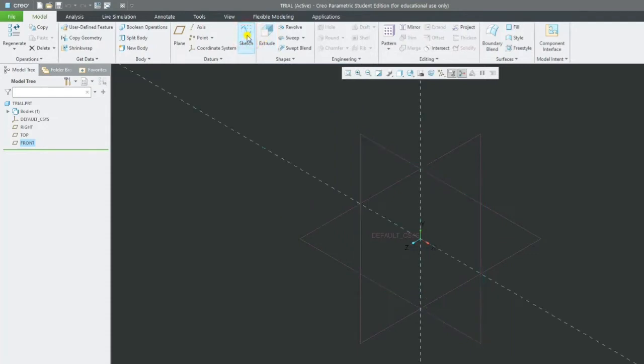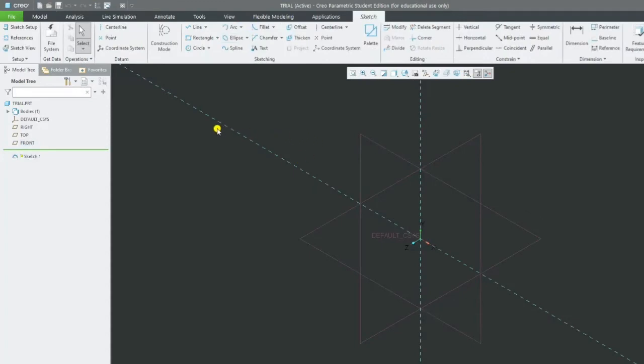If you click on sketch, X and Y axis are appeared. Means these dotted blue lines indicate we are going to have a drawing along these two axes. So we only need two axes. Whenever we select a plane, the plane will have two axes, X and Y. So this we see is along X axis and it's for Y axis. These are called reference.